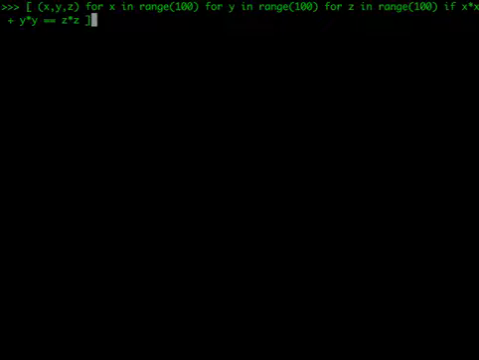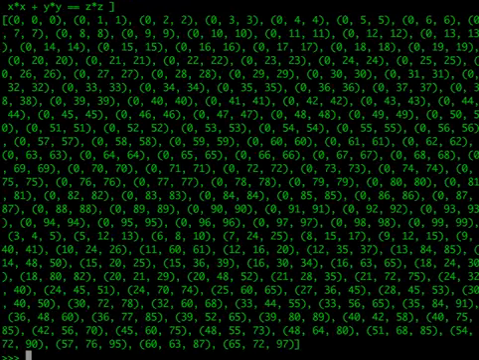So here is our earlier definition of Pythagoras, where we had x, y and z unconstrained. So what I do is I go back and I say that y is not in range 100, but y is in range x to 100, and z is in range y to 100. And now you will see a much smaller list,